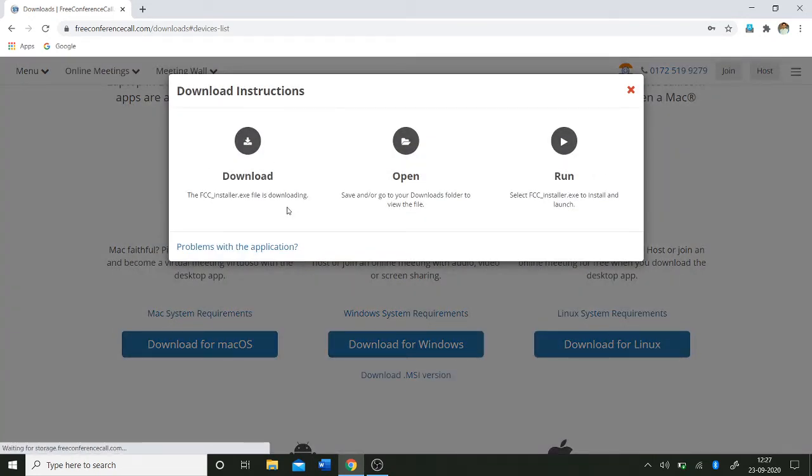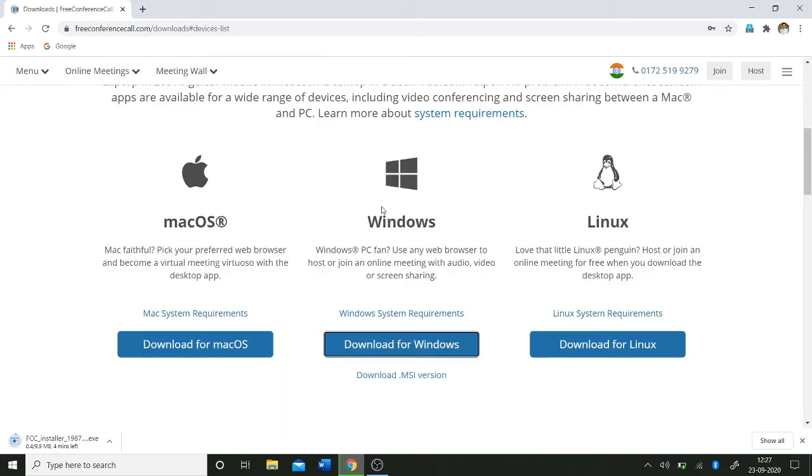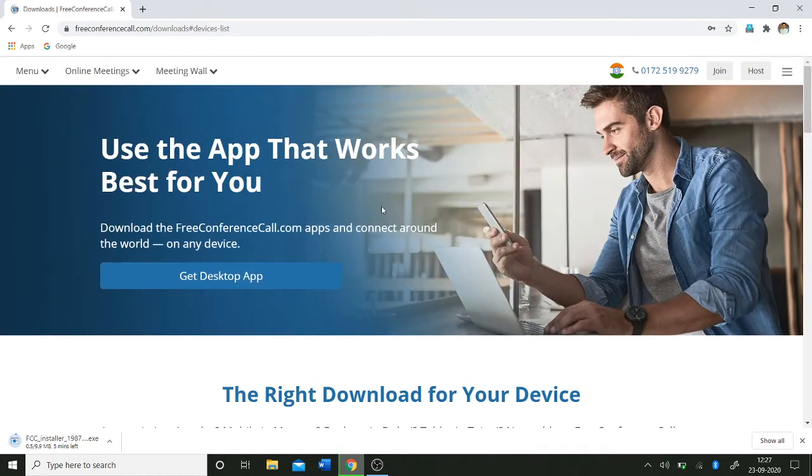Such a screen will pop up, and on the left hand side bottom you will see that an app is getting installed. I'll just close this window. Let us wait till it gets installed.